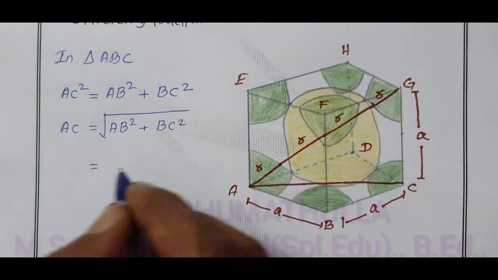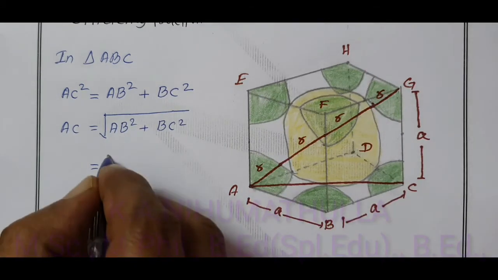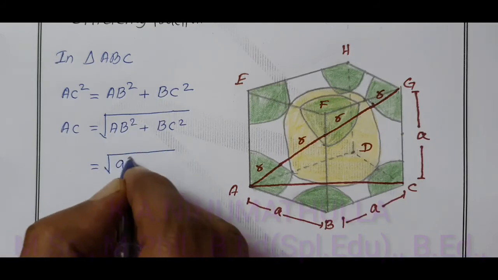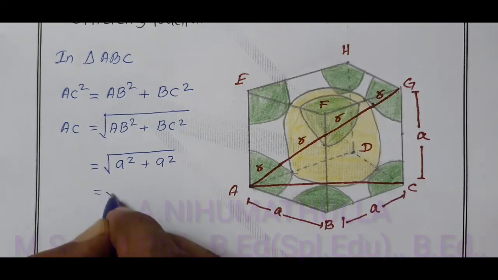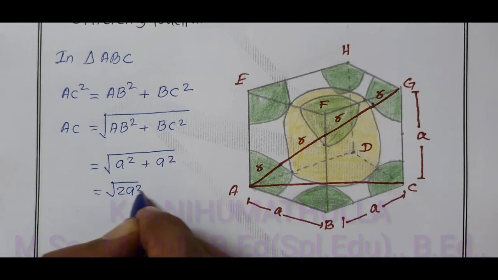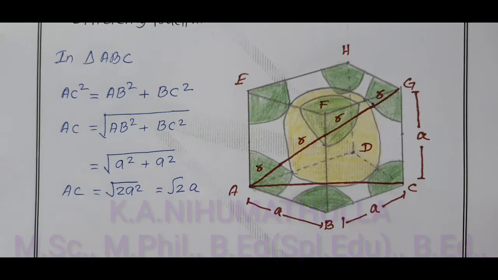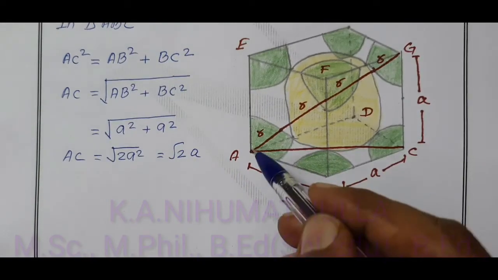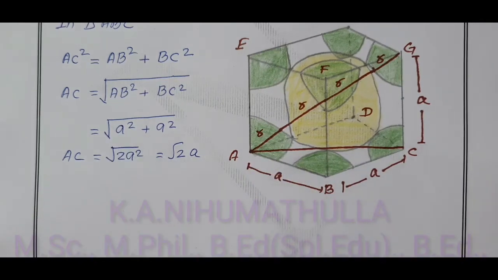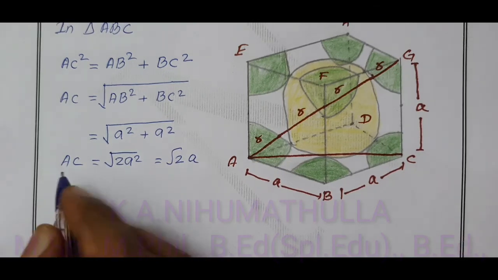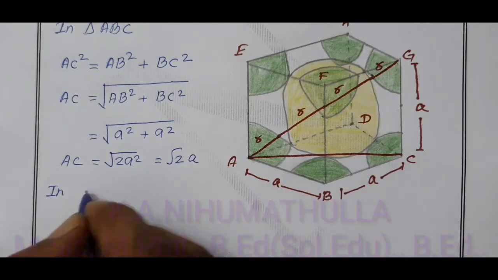AB value is small a, BC value is small a. Substituting these two values, AC equals root of a squared plus a square, that is root of 2a square, which equals root 2 into a. This is AC. But our line must pass through the body center atom. To calculate this value, we apply one more triangle, using the Pythagoras theorem. Now what is our triangle? Our triangle is